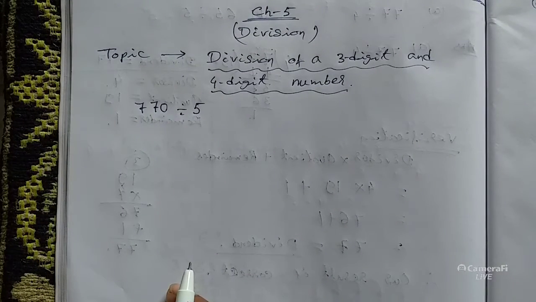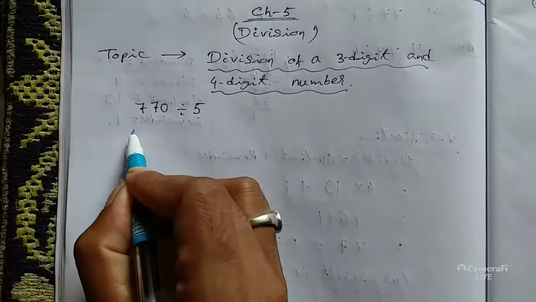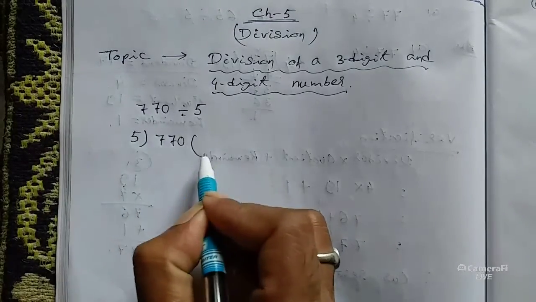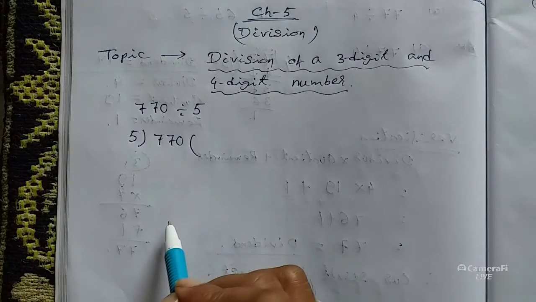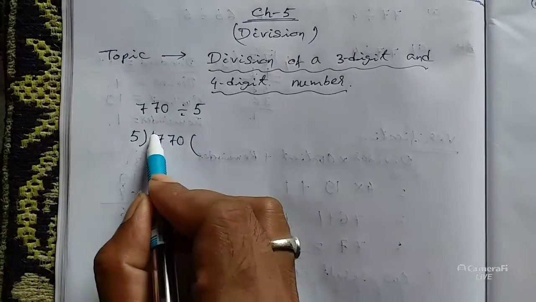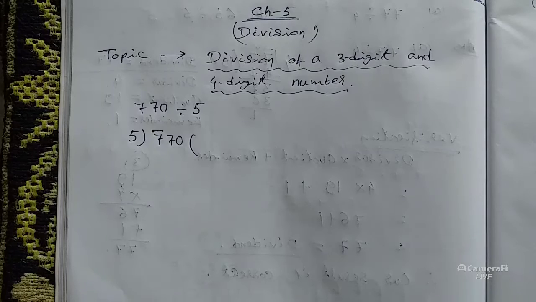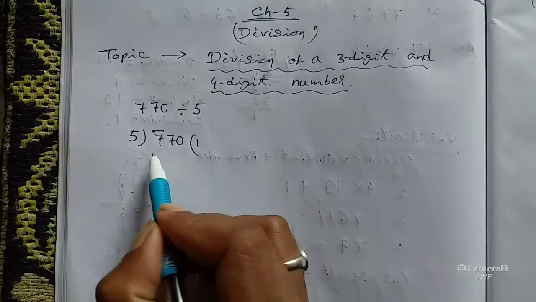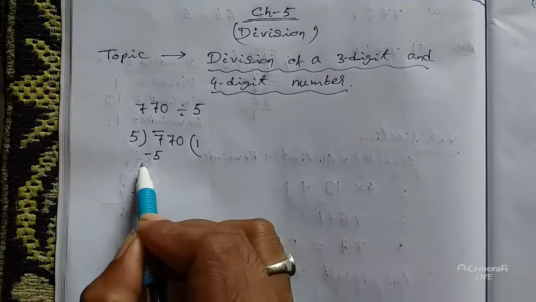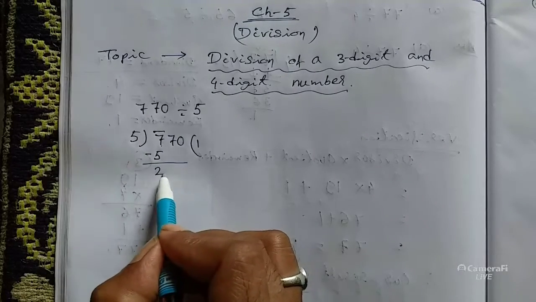We will proceed with the long division method. So the format will be this type. We will write the result here. First let us take the leftmost digit, 7, and see if it is greater than 5 or not. Yes, it is greater than 5. So we can proceed with the table of 5 until we reach 7 or just greater than 7. 5 1 is 5, 5 2 is 10, which is greater than 7. So we should take 5 1 is 5. Now subtract. Subtracting we get 2.